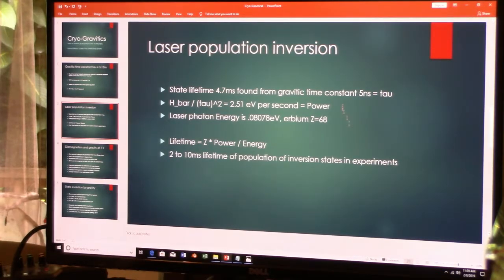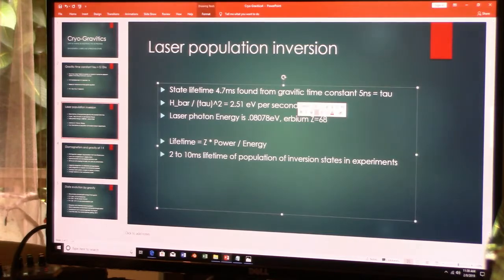And here's the power. And now this laser beam has an energy of photons of 0.08 electron volts for the element erbium. And it has a Z of 68 protons. Now lifetime is equal to the power divided by energy multiplied by Z, and experiments show about the same time. So let's talk about